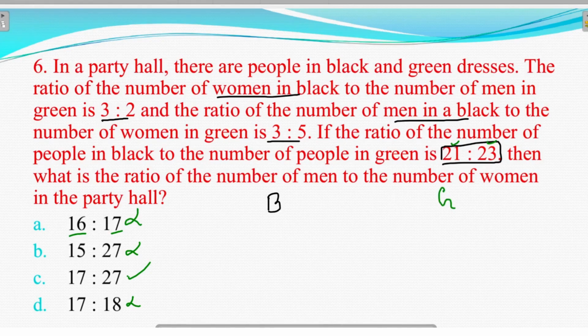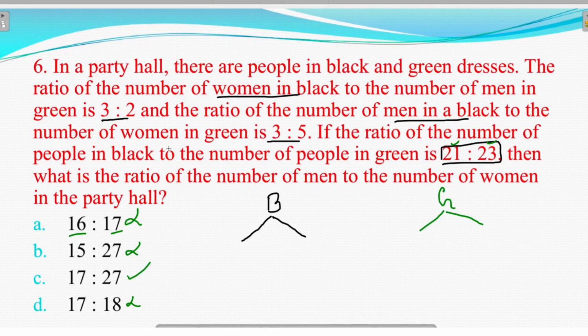In black color some males are there, some females are there. Even in green color also we have some males, some females. Males I will write in red color, females I will write in another color. Let's do it. Now first statement: the ratio of the number of women in black to the number of men in green